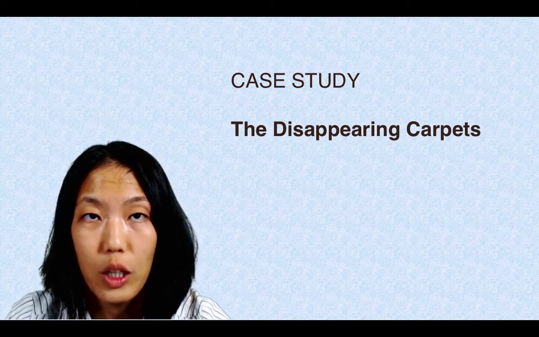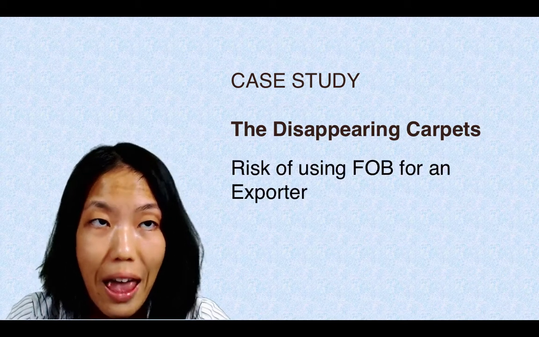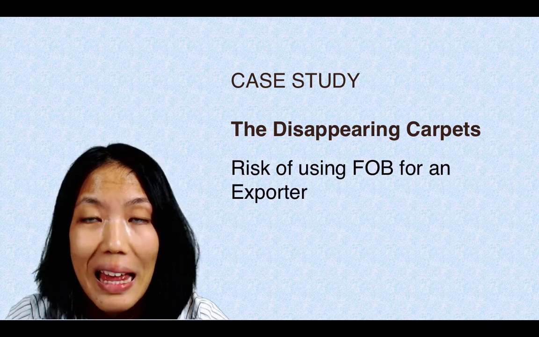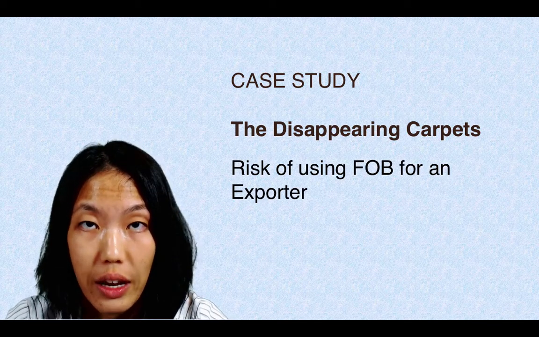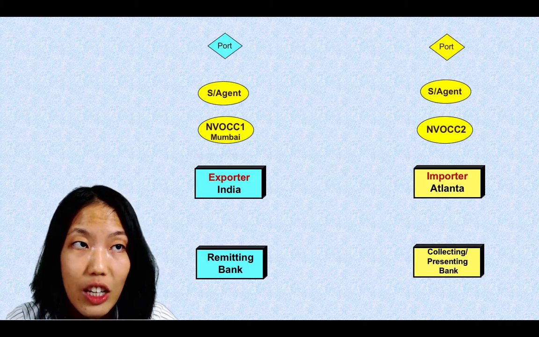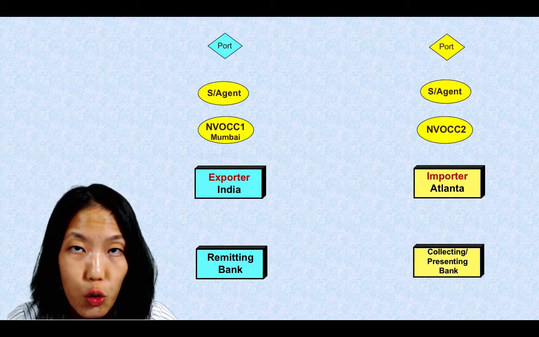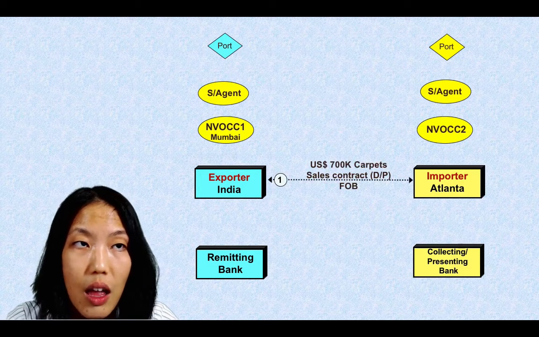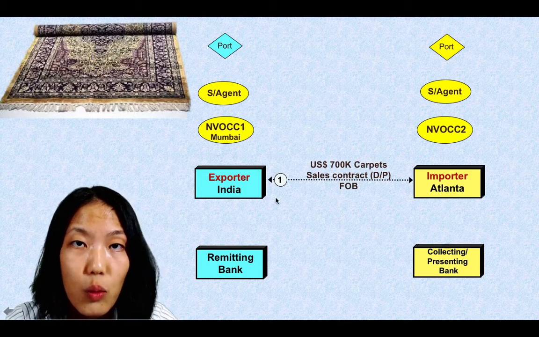In this case, we'll be looking at the risk of using FOB for an exporter. Let us take a look at the facts of the case in the next slide. An importer in Atlanta entered into a sales and purchase contract with the exporter, a manufacturer of fine woven carpets